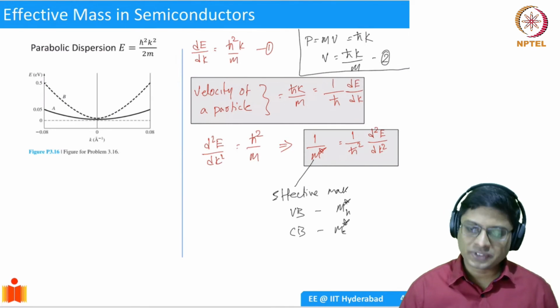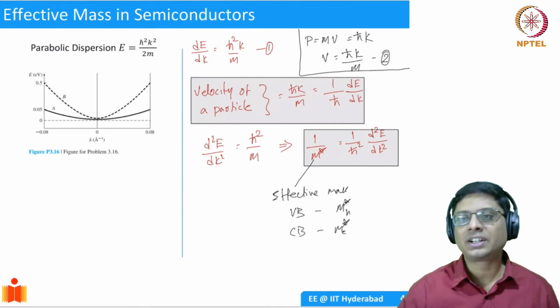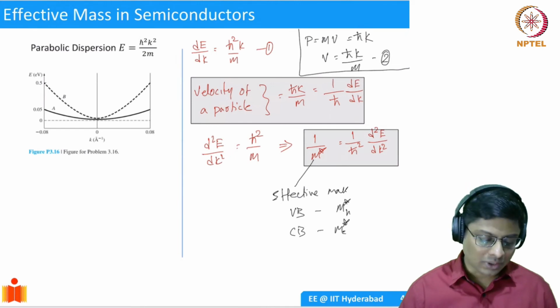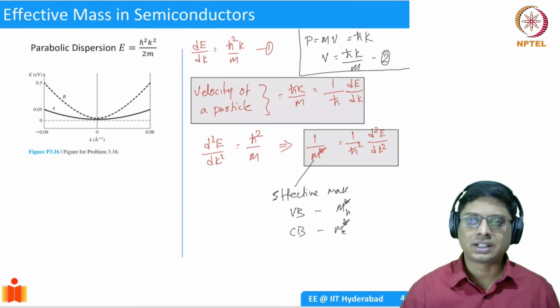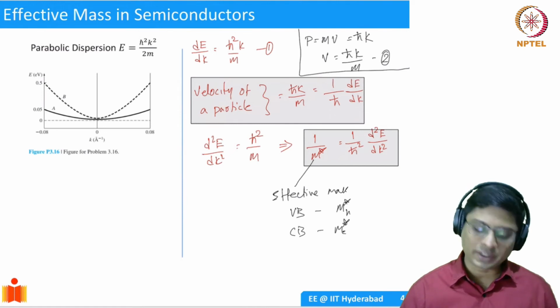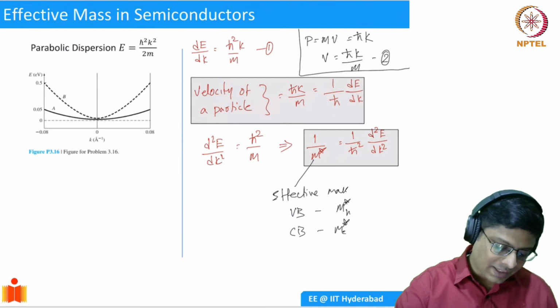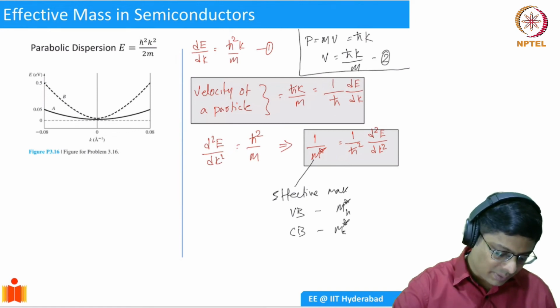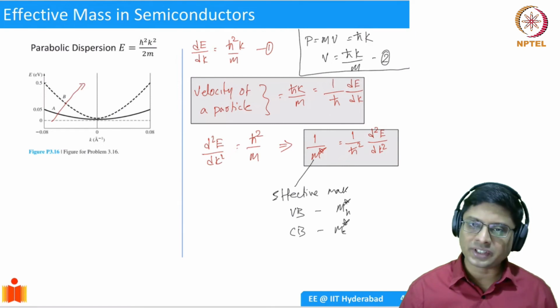Okay. So we have seen that effective mass is inversely related to the curvature. So the higher the curvature of the band, the second derivative gives you the curvature, right? So if you have a higher second derivative, higher curvature, you have lower effective mass. So in that sense, if you look at this picture, you can immediately analyze that when you go from A to B, the curvature is increasing.